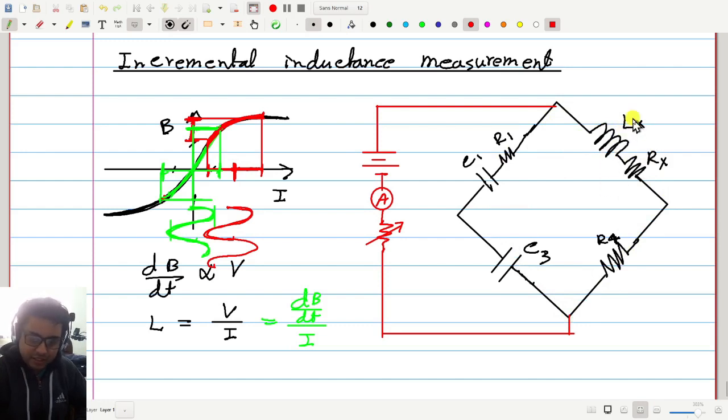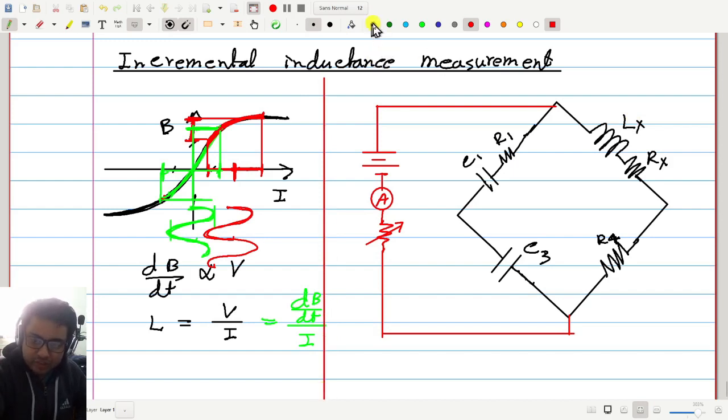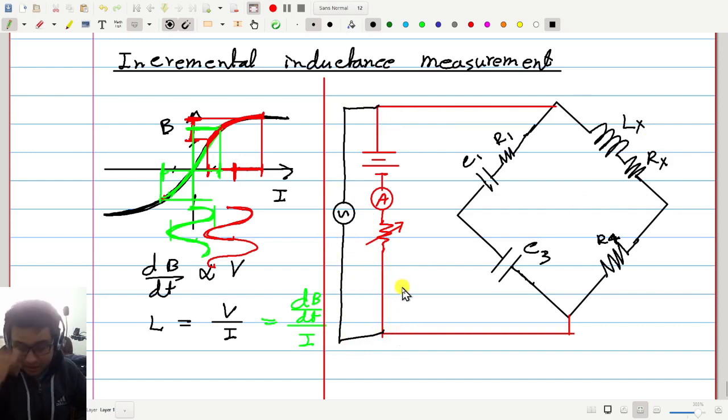Now on top of this, let me give an AC voltage to pass an AC current. Now the moment I do this, there are some small problems. Problem number one: this AC current will also flow through this DC source. That may be harmful for this DC source. I don't like that, so let me put a series capacitor.